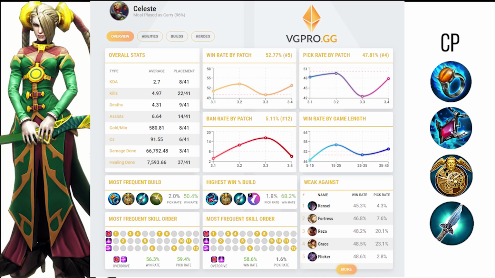She's got good poke. She's got great wave clear, which allows her to roam. She's got a bit of CC. Even the ultimate nerf hasn't hit her too hard, as it still does a lot of damage, even if the speed of the projectiles has been reduced. So Celeste overall is in a solid place in the mid lane right now, and isn't really going anywhere, I think,